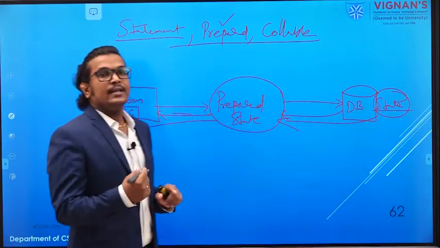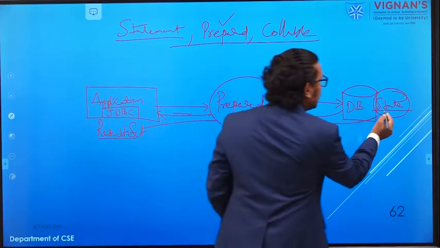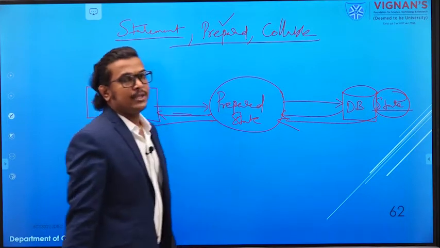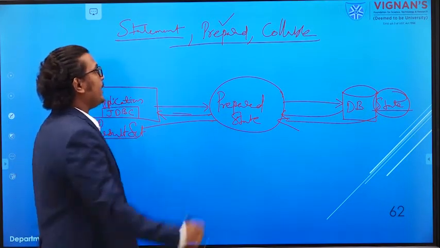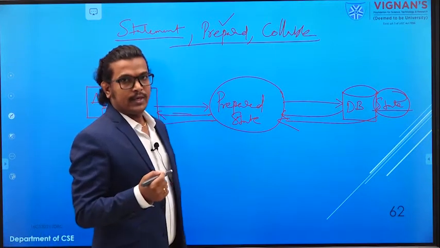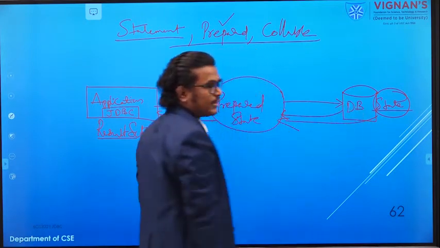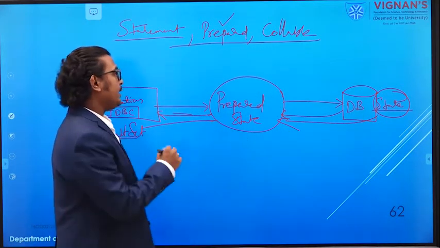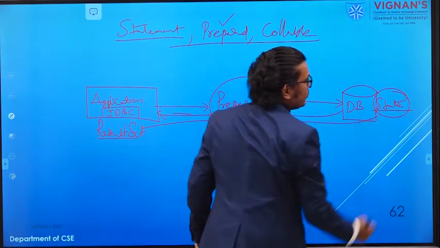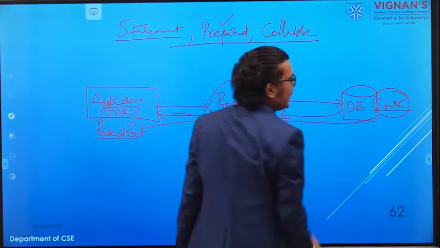Whenever you are calling the second time, third time or nth time, it will refer to that particular statement, give the reply back, and display that information from your database. Means what, in a statement object, whenever you call that particular SQL query, it will go back, enter into the database, and execute that particular statement. But in a prepared statement, the first time it will execute that statement and it is available in your database.